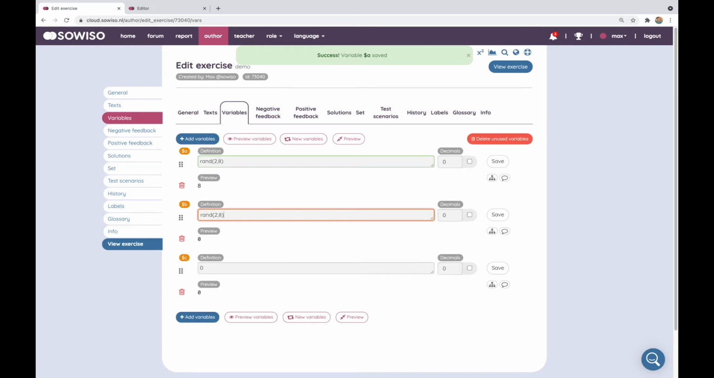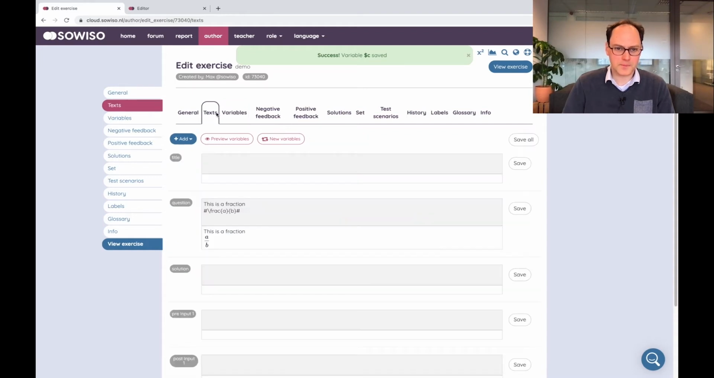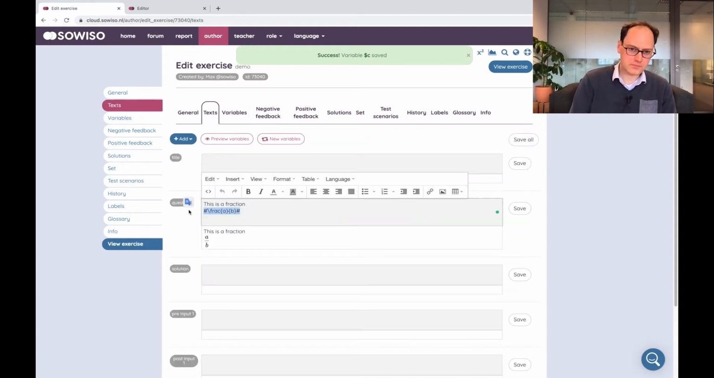I'll make another one as $B, and then as $C, I'll add those 2 up. I made a mistake here, and the system actually points me to the right direction. I have to use A here, not C. Right, so when I have a preview value of 2, 8, which adds up to 10,